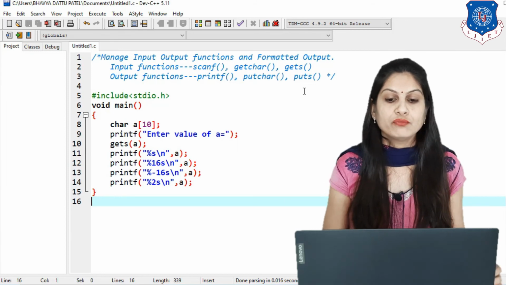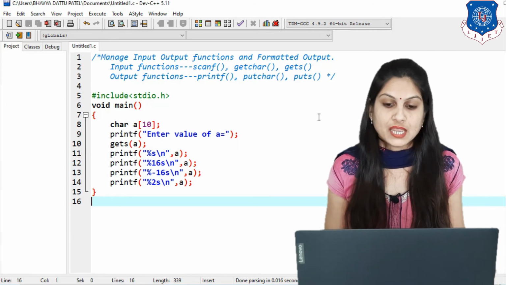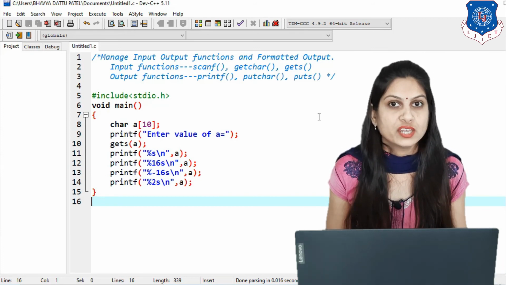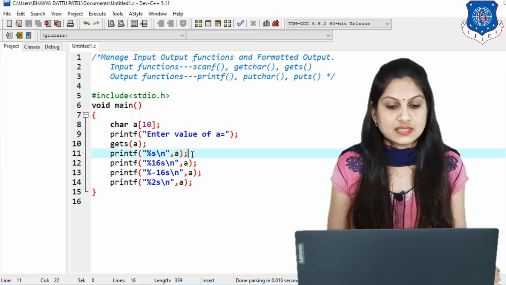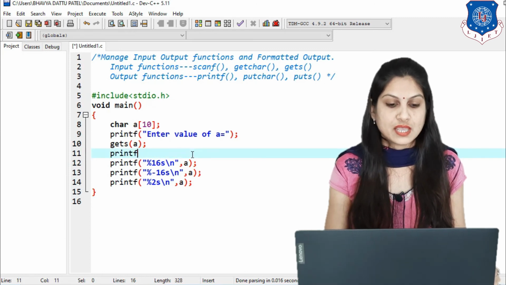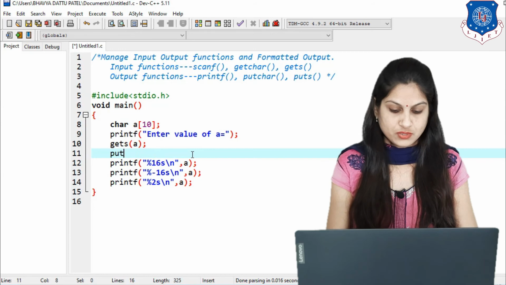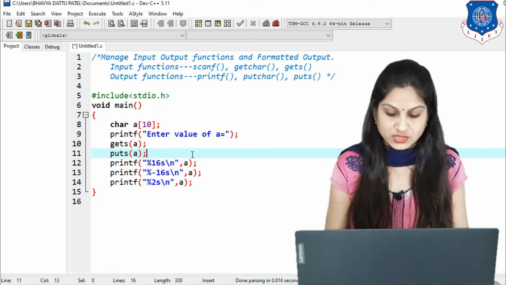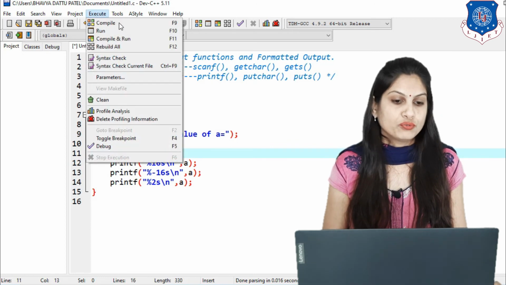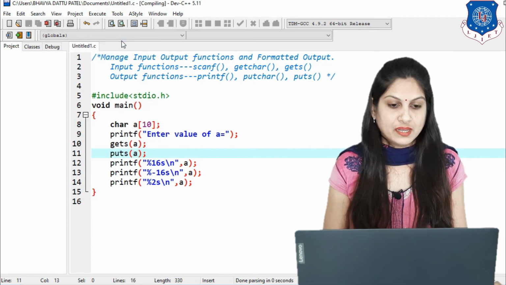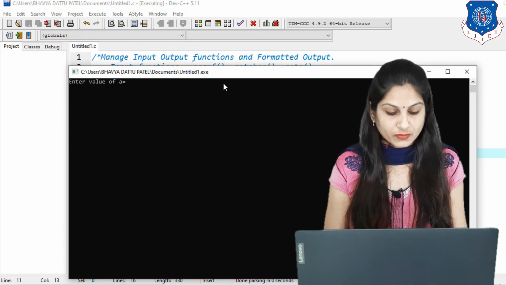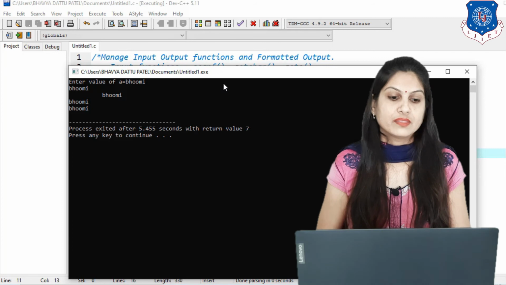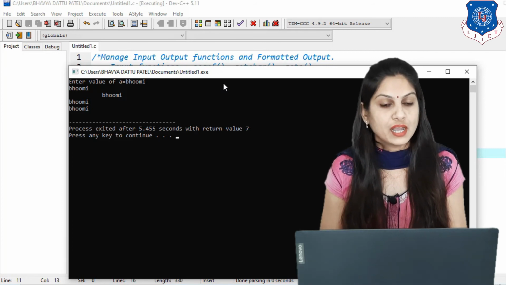Now simply if you want to change, putchar and puts, then these functions are used for what? Printing on an output. So for that, instead of printf, here I am just using the puts function. So what happened? The puts function is for printing a string and the name is suppose s. So same output you can find. Compile and run this program. Here I am entering the value, same my name. Then you can find the different formatted output. Clear?